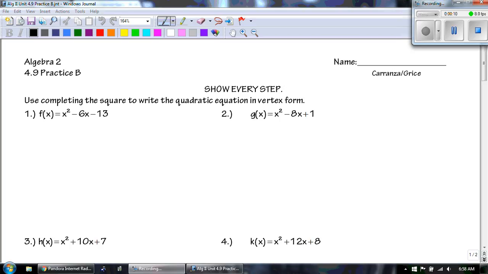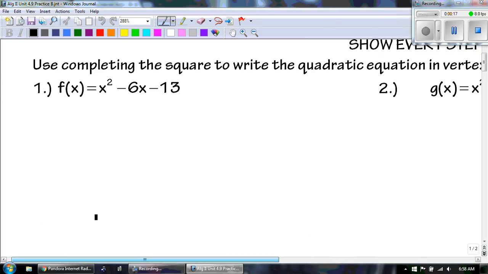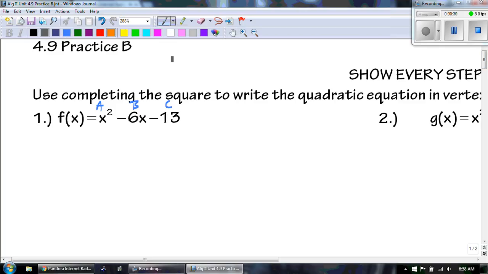Remember, use completing the square to write the quadratic equation, and we're doing that in vertex form. So when we're completing the square, the first thing we want to know is, is there a GCF? Can we factor this? And if we can't, then we look at our A, B, and C. We want to take B divided by 2 and square it. So in this case, we have negative 6 divided by 2 squared, which is